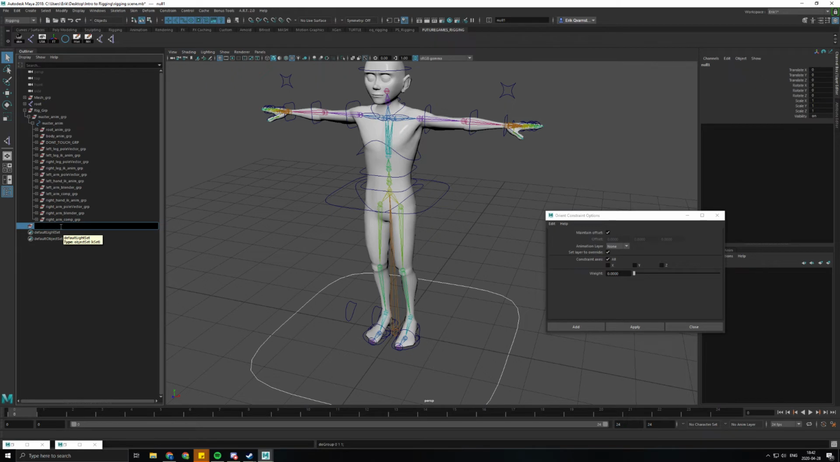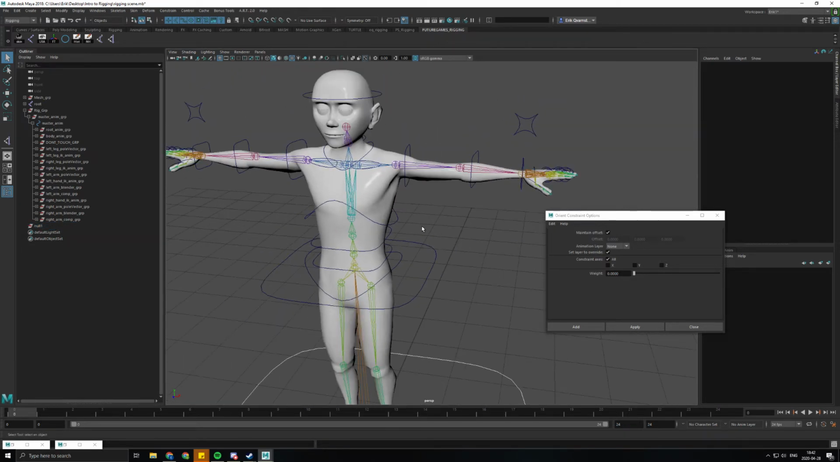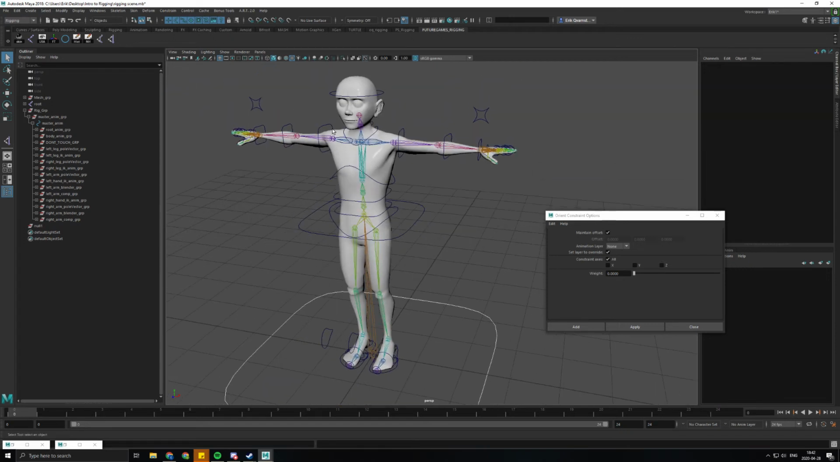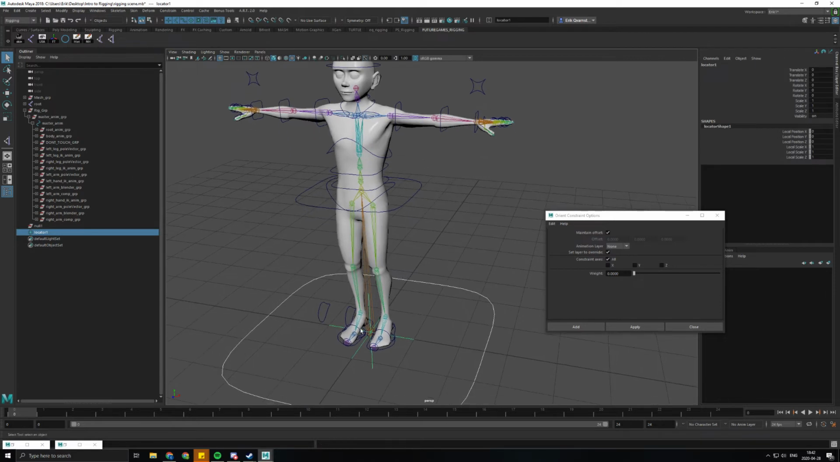Let's create and then create a locator. Gonna change the local scale so it's not as big. Gonna name this left arm FK rotation or world rotation,